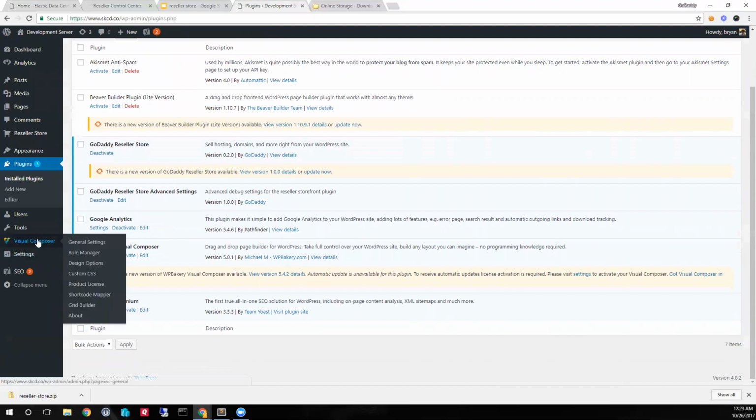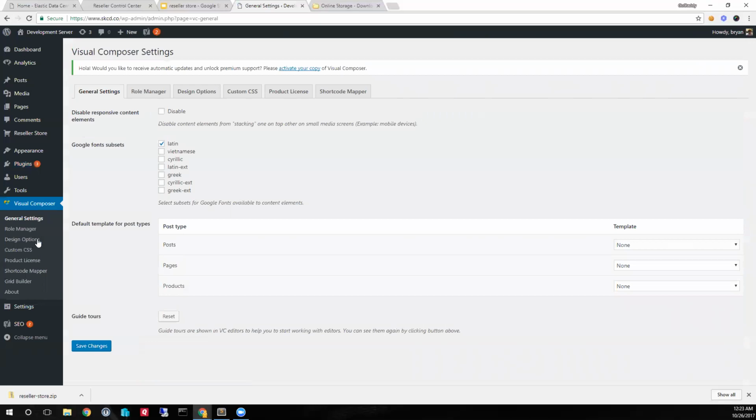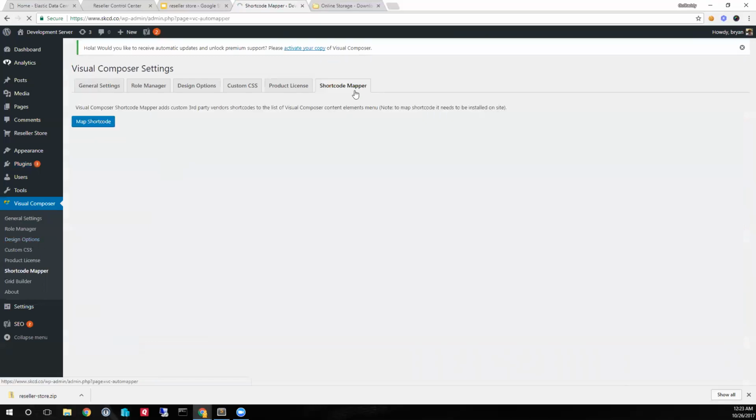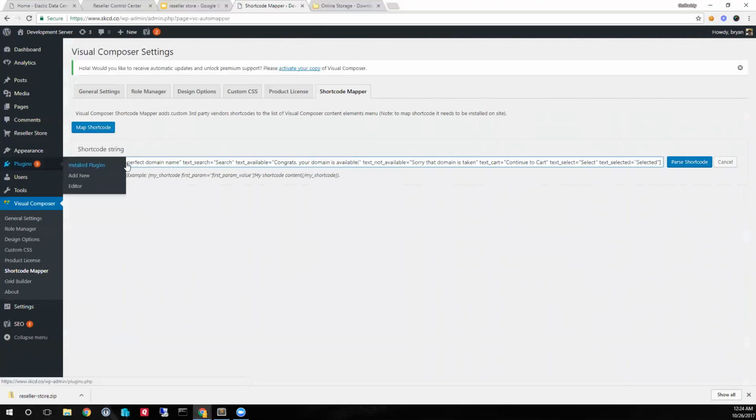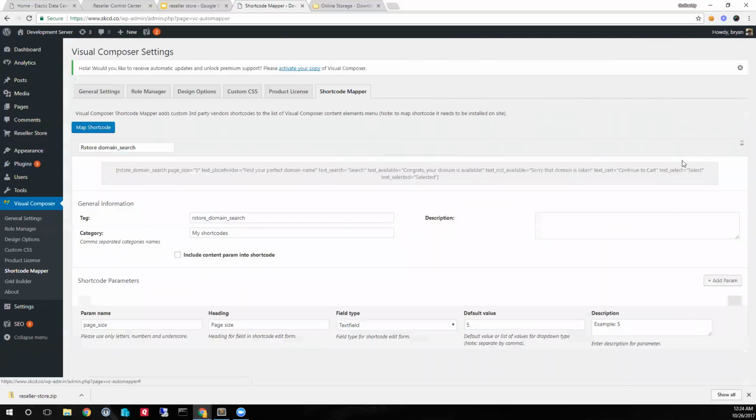So I'll click Visual Composer. And then I'm going to click on the Shortcode Mapper tab. Now all of our widgets also have corresponding shortcodes. So I can click Map Shortcode and then paste in a shortcode. So I will add the domain search shortcode, which looks like a bracket with RStore domain search, and then I have some default options. So let's hit parse